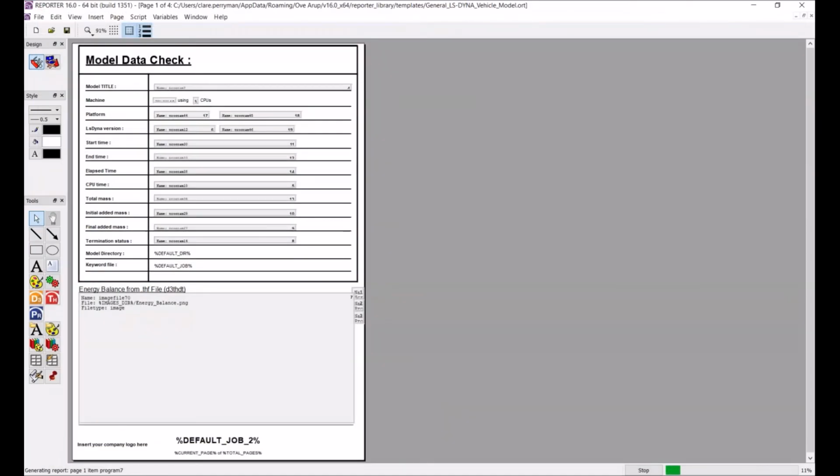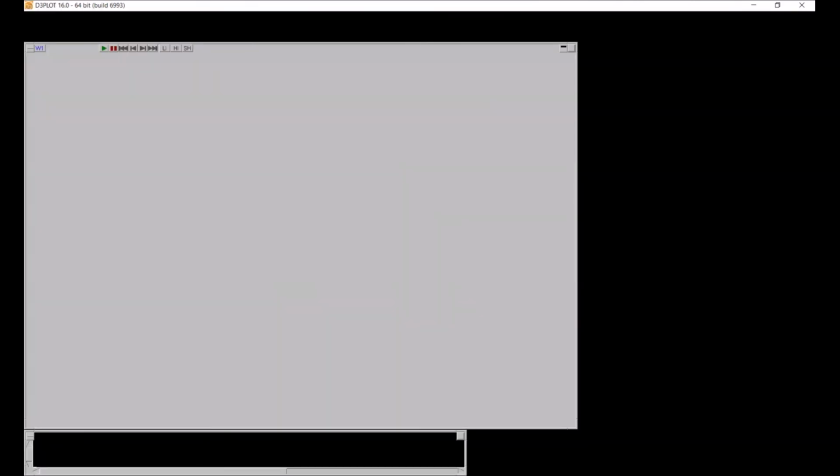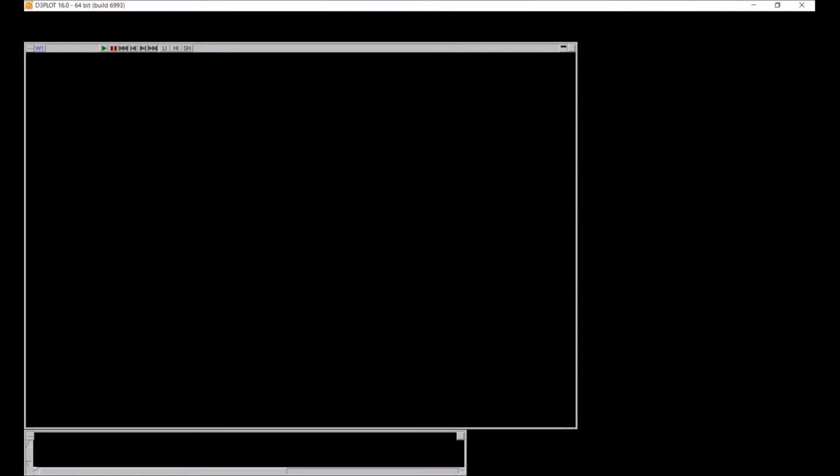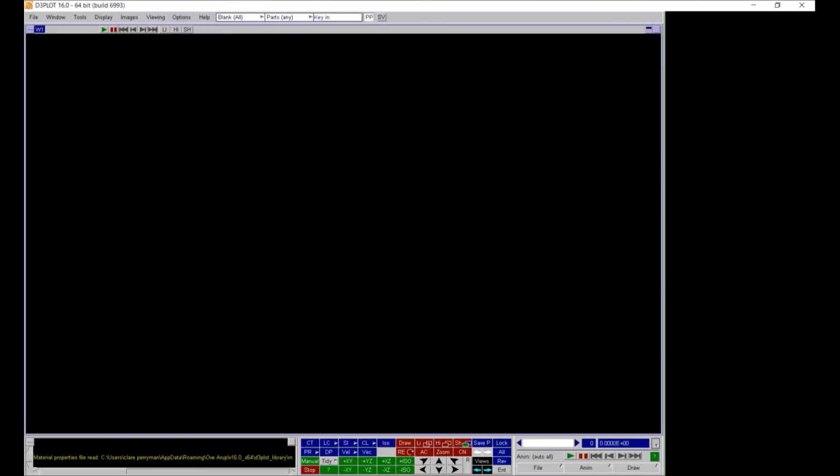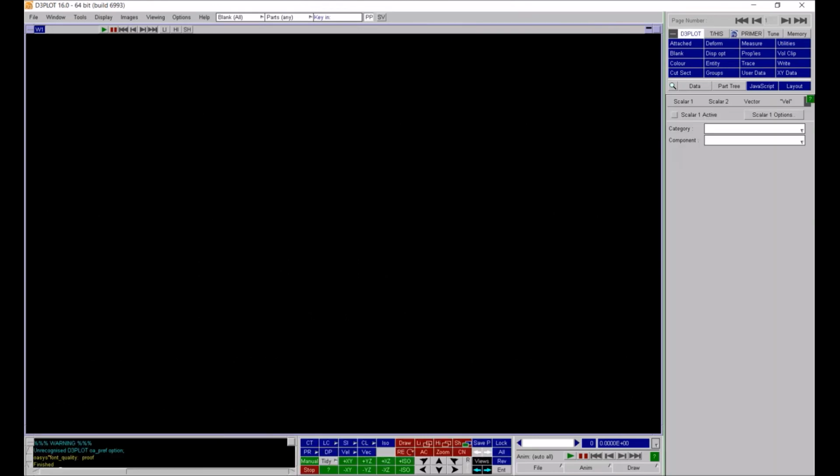We considered that being able to evaluate the energy balance, looking at the before and after of how the model ran, was a really good way to always do a model health check and check to see that your analysis has run successfully. The real strength of this template is that you can set it up to run by default after the end of any of your